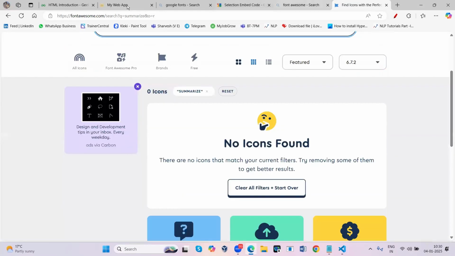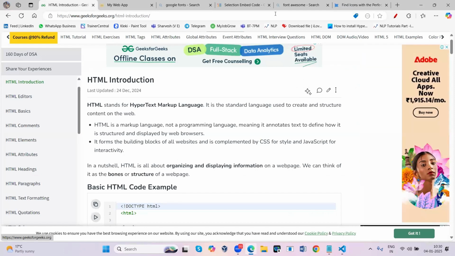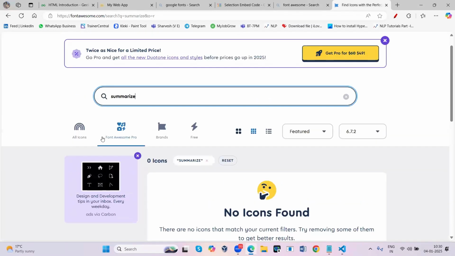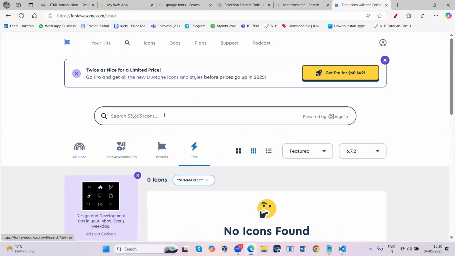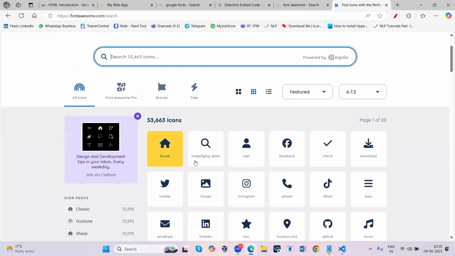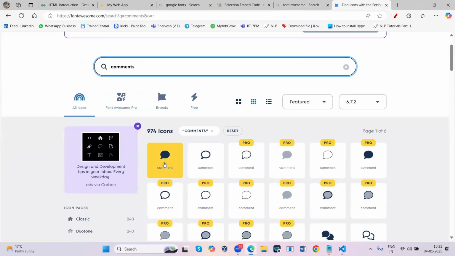It's not showing up, what is the spelling there? There will be some kind of names, but here it is not there. So what we can do instead is make use of whatever is there. I'll just make use of house. Otherwise, let's see comments. What about the comments? We'll see. For comments, yeah, you can have the comments.